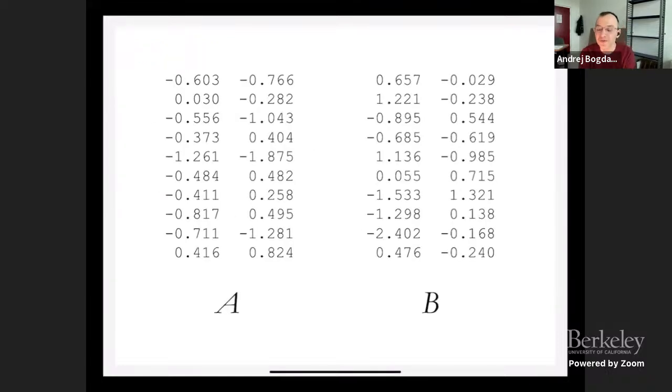To give you a sense of what these certificates look like, I'm not going to actually talk about SZK. I'm just going to try to tell you how I would prove to you that a matrix is far from the Boolean cube. Here are two matrices. One of them is close to the Boolean cube, and one of them is far, I mean the column space of these two matrices. If I think of the space generated by the two column vectors, one of them is random, and one of them actually has a point which is close to the Boolean cube. Does anyone have a guess which is which? Okay, A is the one which is close.